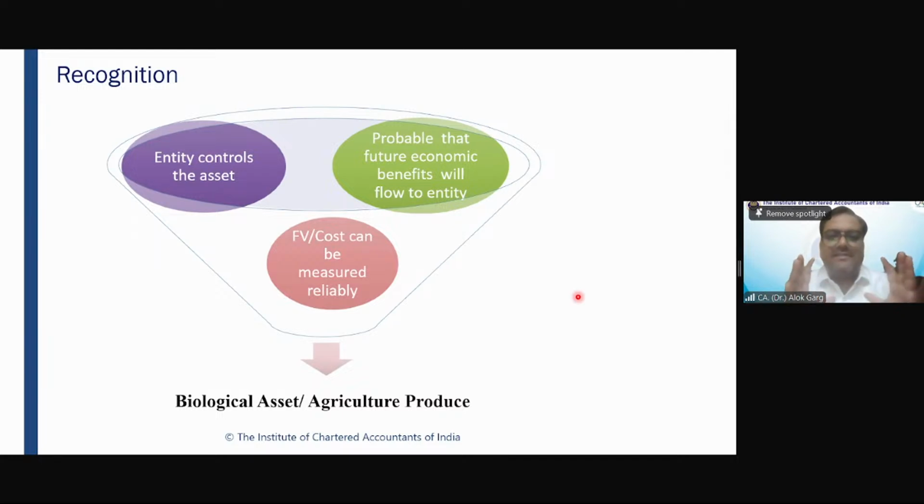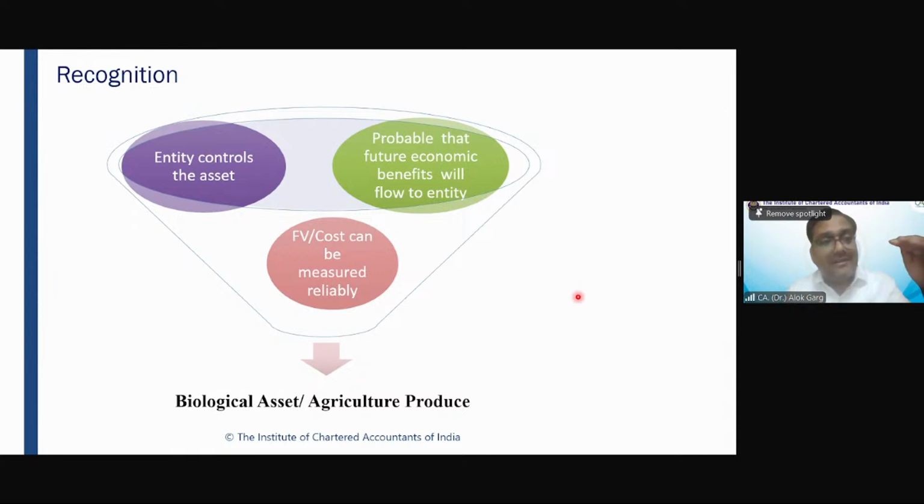So my dear friends, my dear students, again I am reiterating one fact. We are not going to become agriculture scientists after this class. We are becoming chartered accountants. We are thinking about how these items are going to be accounted for and measured. So the first thing is always recognition. You know the 4 pillars of accounting by now. RMPD. Very good, Hemant. Recognition, measurement, presentation, disclosure.